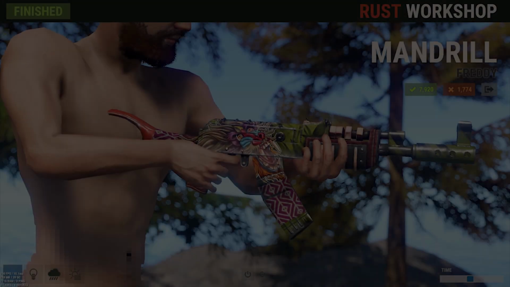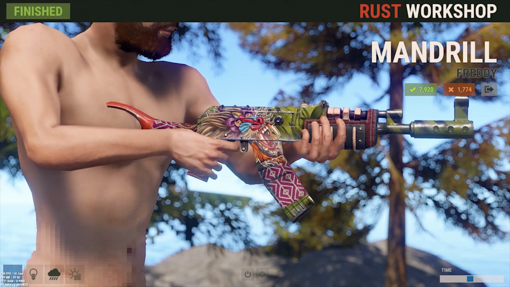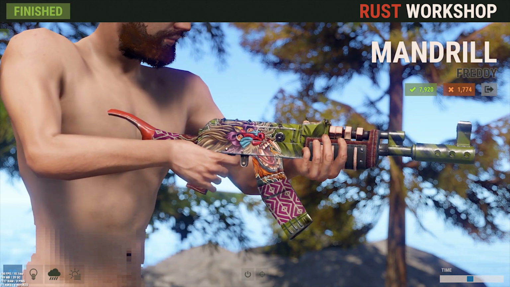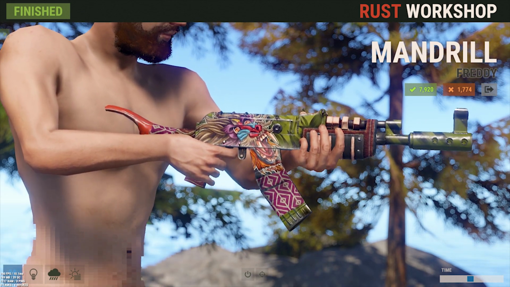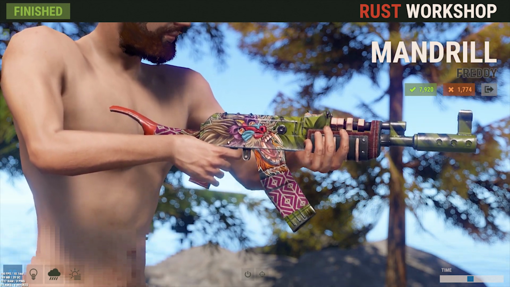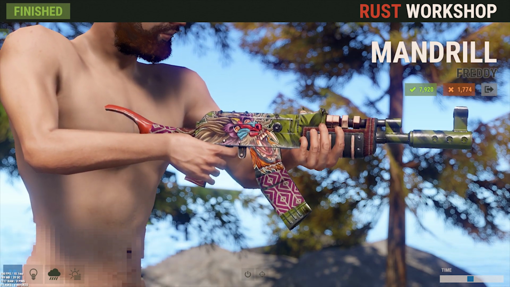Next up, we've got probably one of the coolest looking but ugliest AK skins I have ever seen. It's the MANDRILL, named after the obvious monkey, well, primate on the side of it. Mandrills aren't monkeys, they're mandrills. But yes, this AK skin, I'm torn, because the green at the front makes me really like green on an